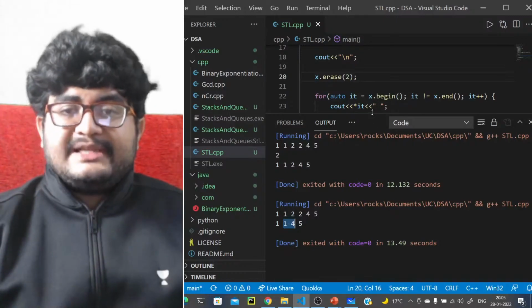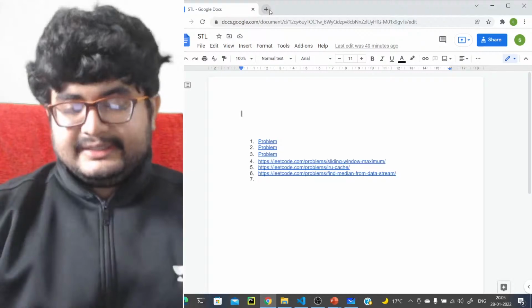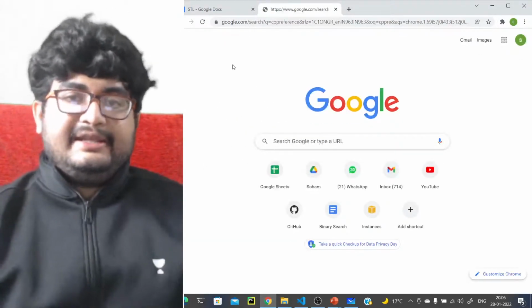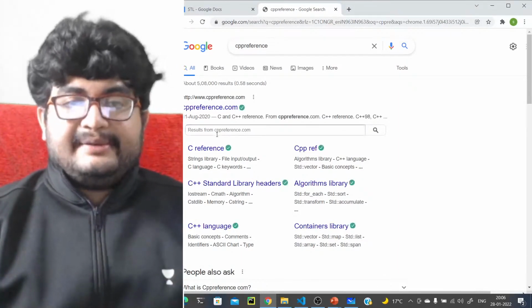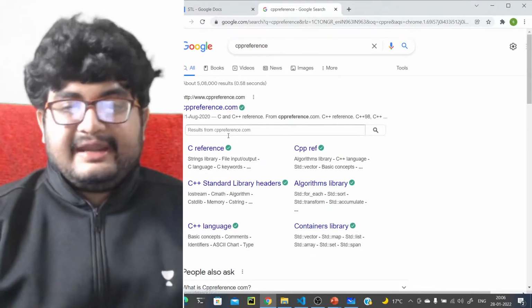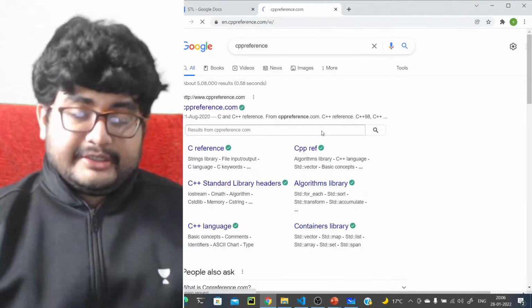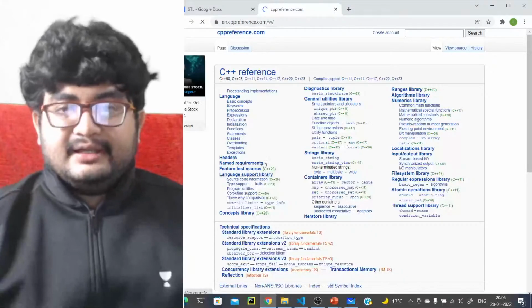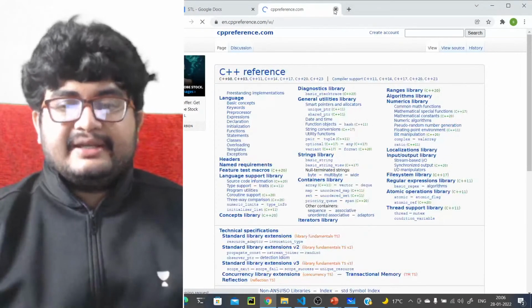You'll find the documentation for everything. How to check them out? You should definitely go to cppreference.com. This is the best place you can go to, C++ reference. Here you'll get the documentation for all the C++ standard libraries, everything about C++, right? So this is the best site to refer to for all the documentation and all the APIs that are there. And do give a read about all of them and see what it has, right?